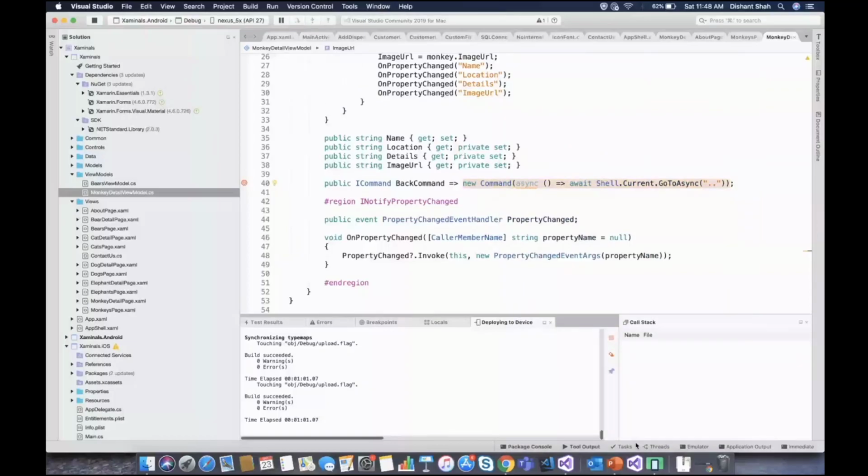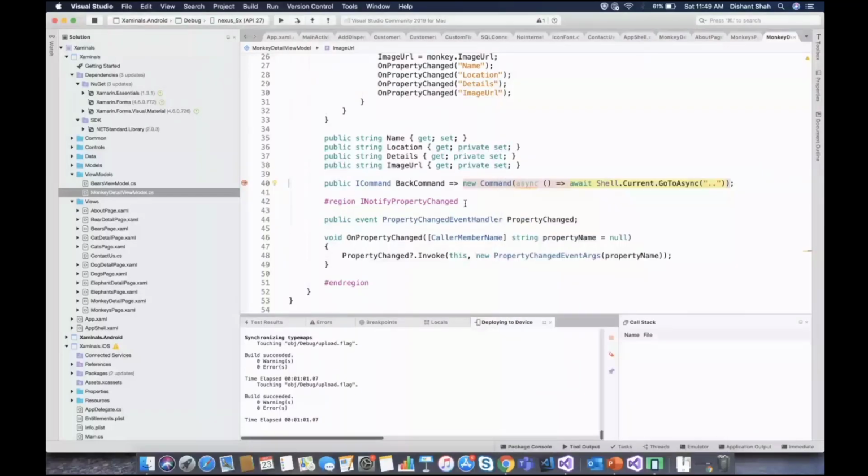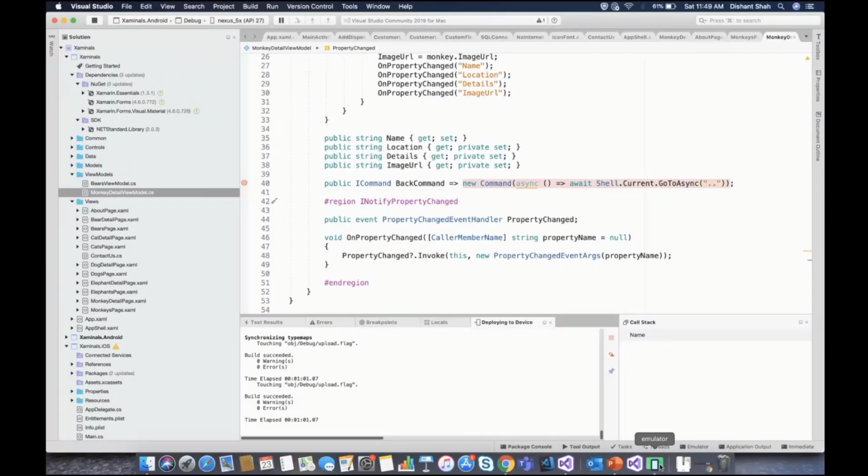Okay. So here you can see that this back button icon now is updated to the custom icon, and when I hit this back button, you can see that it hits that GoToAsync method, and let me continue, and it will navigate back.